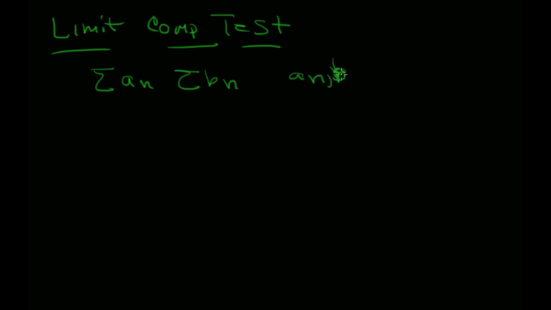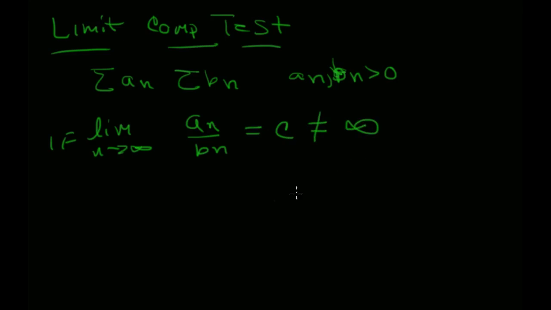So a_n and b_n are always greater than 0. All right, if I have that, then I'm going to take the limit as n approaches infinity of a_n over b_n. And if that limit gets me to a constant which is not infinity,